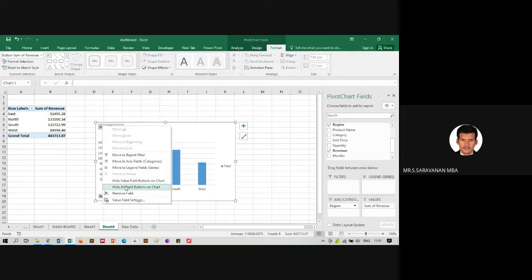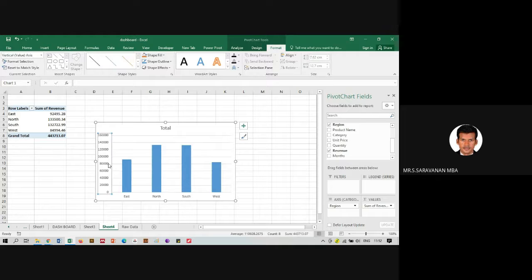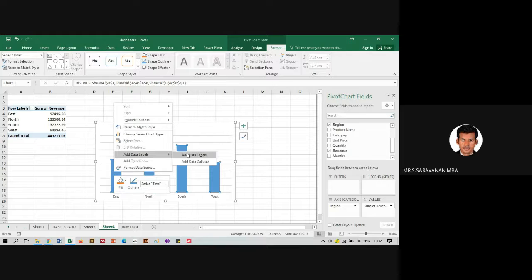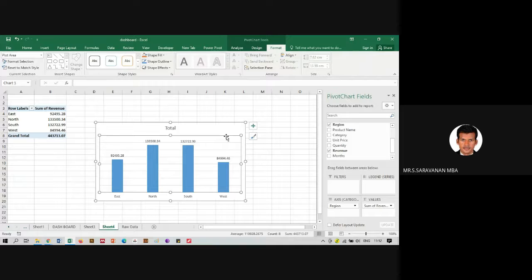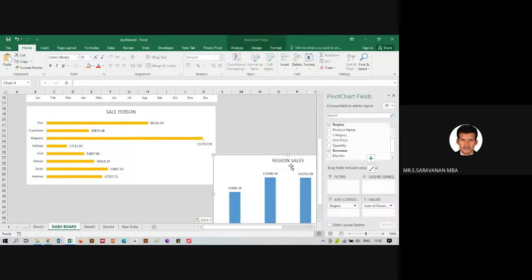We will hide this field, remove the series, the y-axis is removed, right click, we need a data label. Okay, we do not need grid lines. So region sales. Again, dashboard, go up.